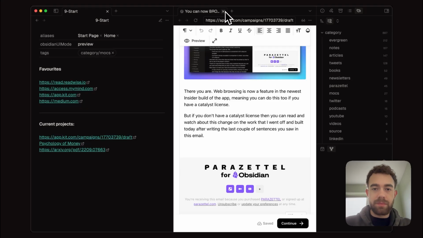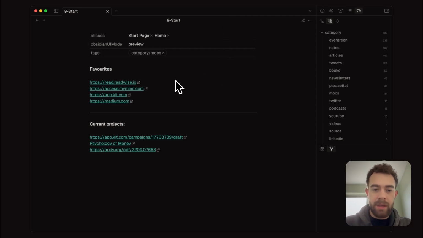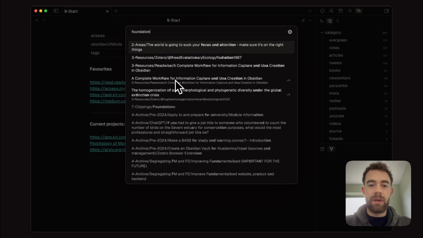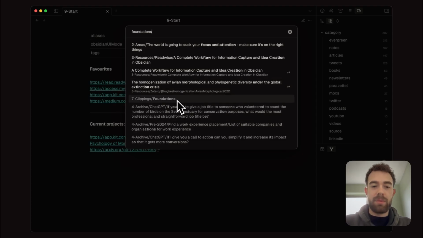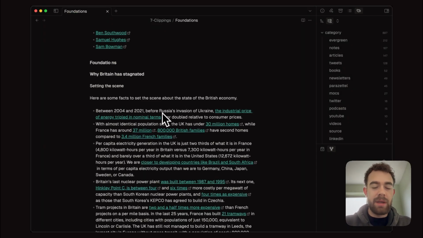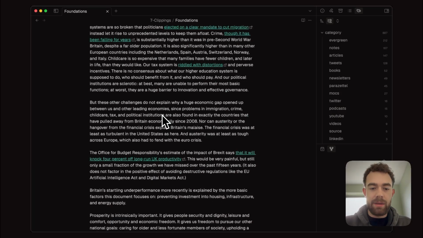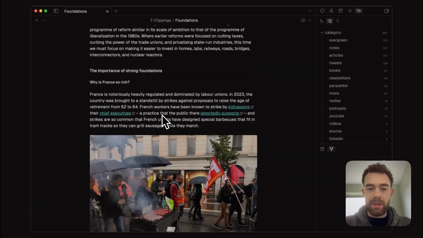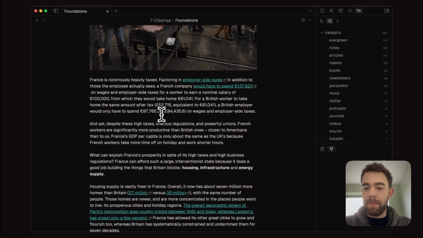So if I close these two panes here, what we recently had in Obsidian was a browser extension to help you browse the internet and clip web articles into Obsidian itself. And I already have an example of this. So if we open up Foundations, for example, in my clippings folder, you can see I've already clipped an article straight off the web from